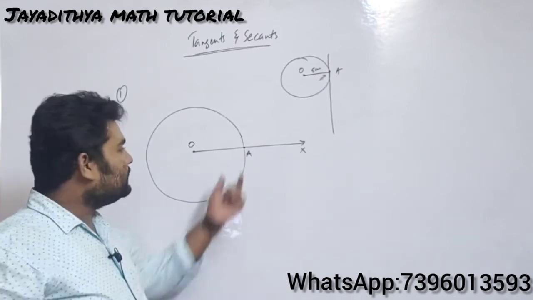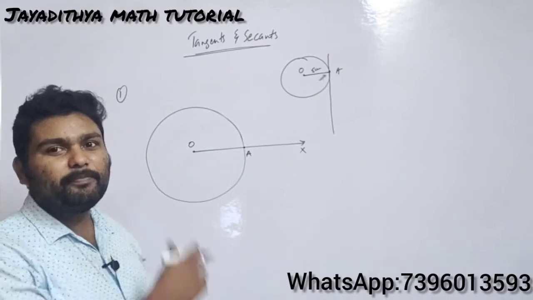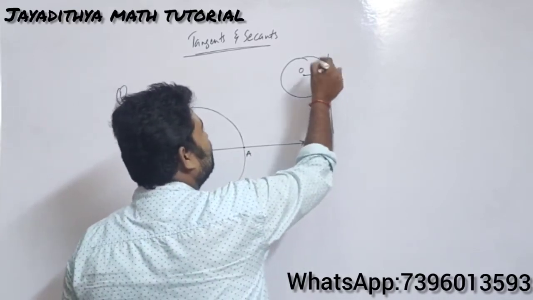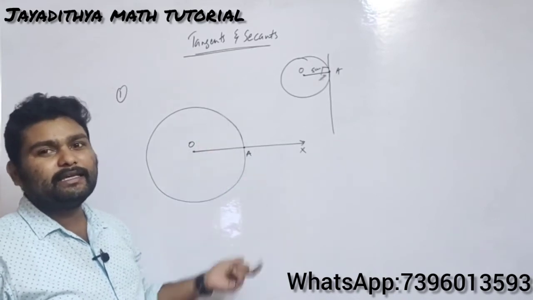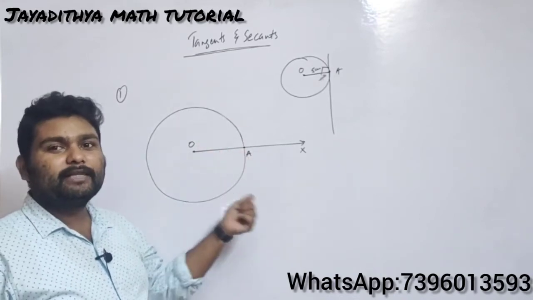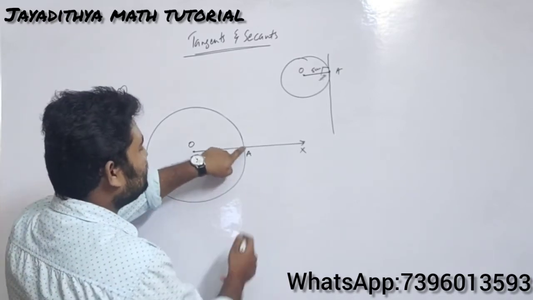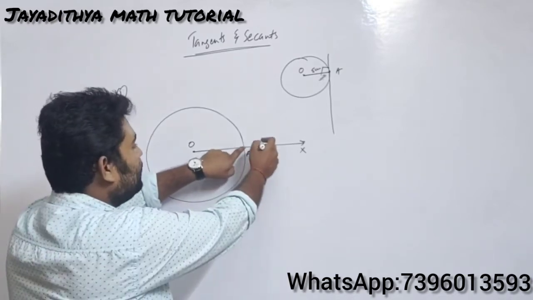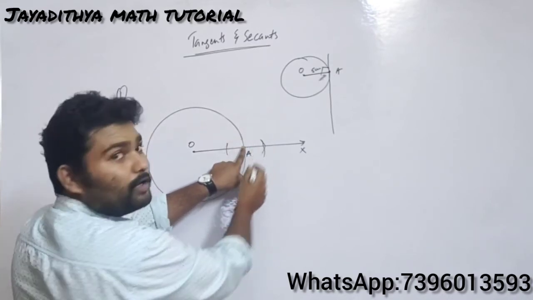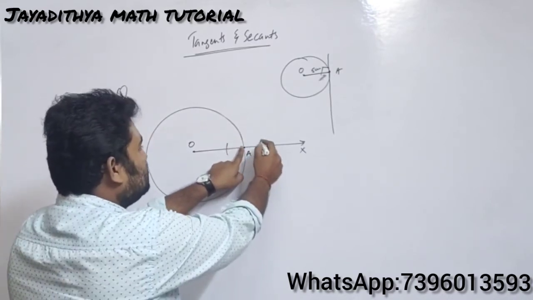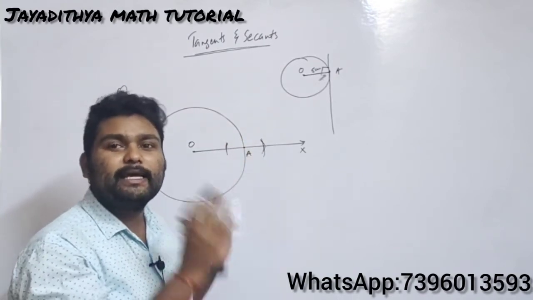Okay, now after getting the point A, here the problem is very, very important. You know that the tangent will be perpendicular to the radius, right? Here OA is the radius, so you should draw a perpendicular line here, but it should pass through the point A. So for that reason, take the pointer at A and draw two arcs on both sides of A with the same radius. The radius should be the same here.